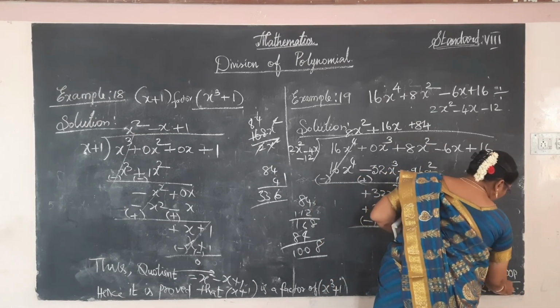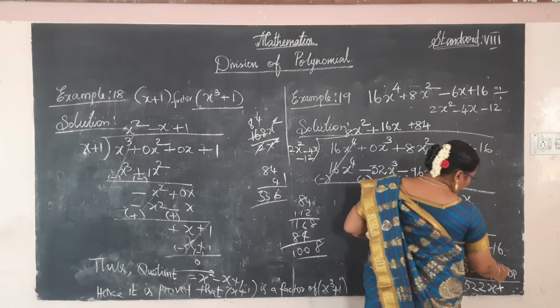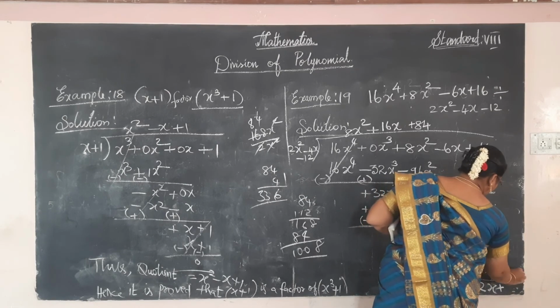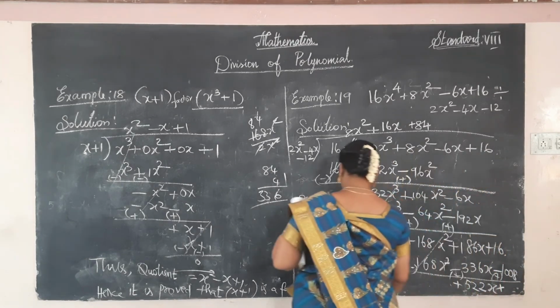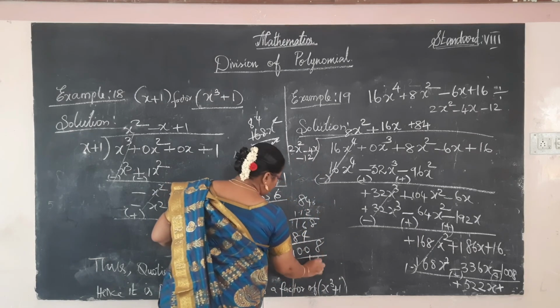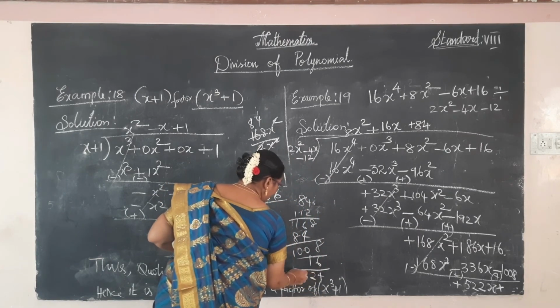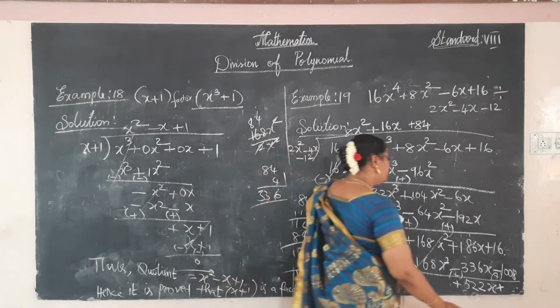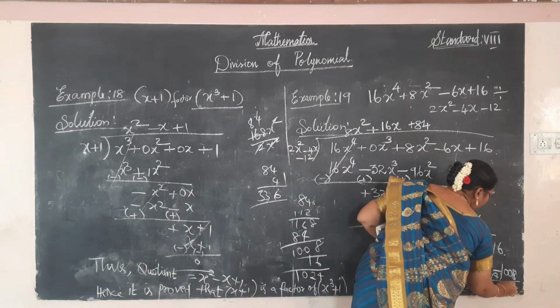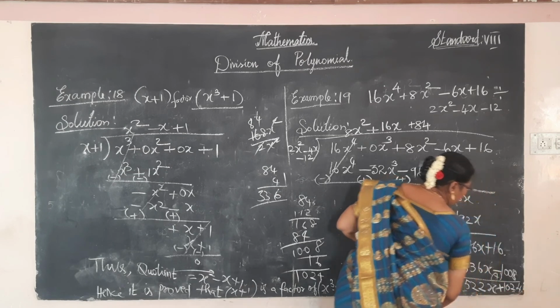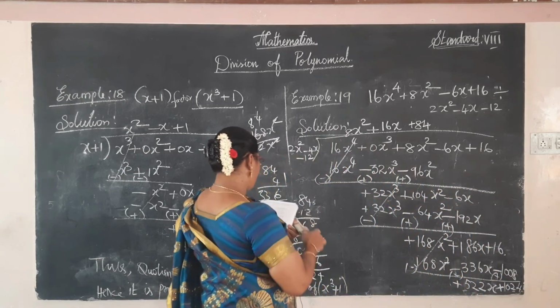Here also both have positive values. Add 1008 plus 16, which is 1024. So the remainder is